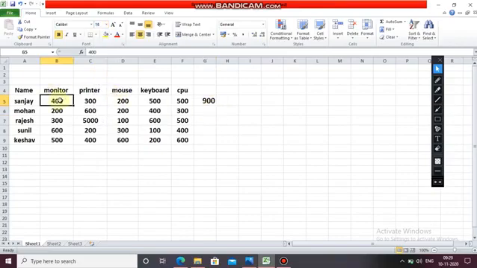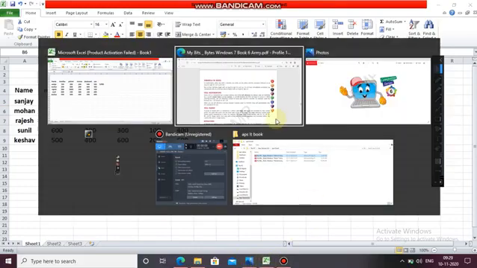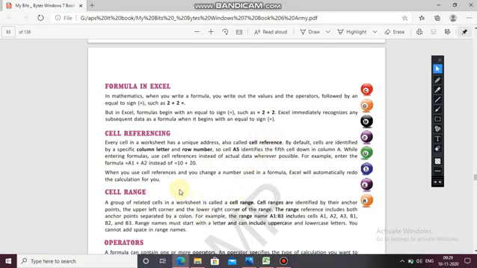Now I am changing here, I am writing here 700. Okay, 7 and 5, how much? 12. Let's see, 1200. So clear? If you change the number in a cell reference used in a formula, Excel will automatically redo the calculation for you.